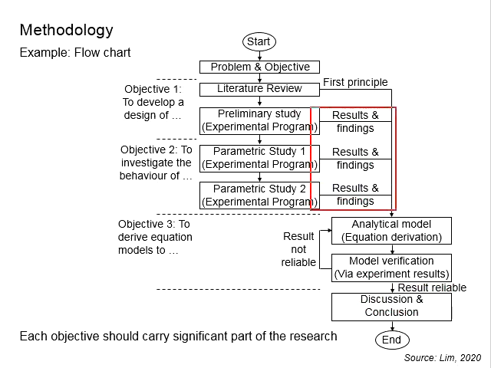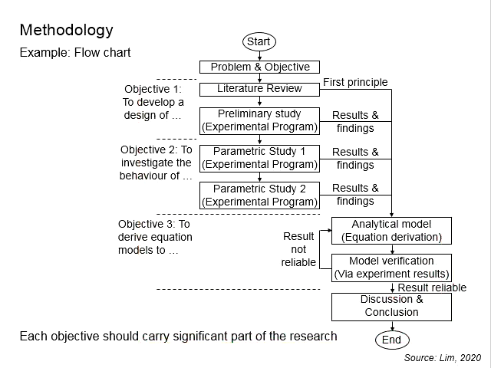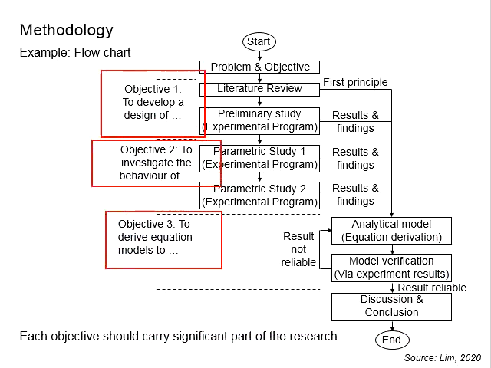As for the results and findings acquired from the preliminary study and parametric studies, they will be used as the basis for you to derive the analytical model, and then the results will be used for verification of the models. And what you see here, the entire research design, is meant to fulfill the three objectives as identified